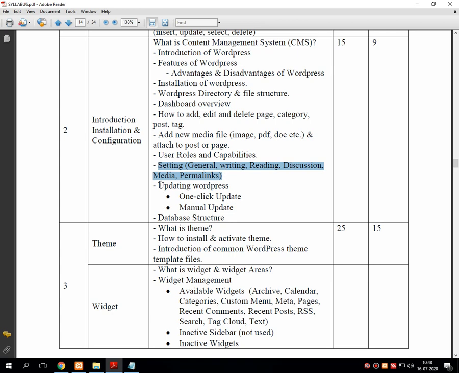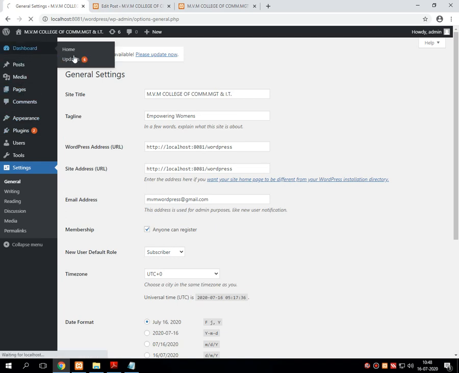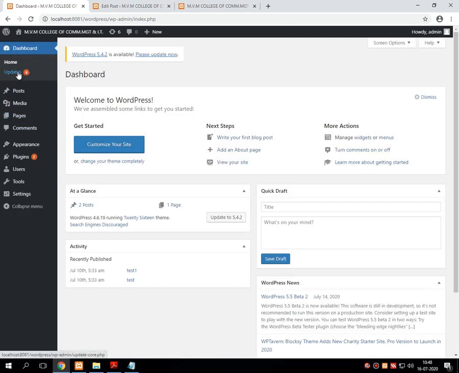Now it's time to go for updating the WordPress by single click or by manual. I will suggest all of you, if we require to update the WordPress, then we should go for manual update. What is the difference between these two, one click update and manual update? Say for example, over the dashboard there is an option of update.